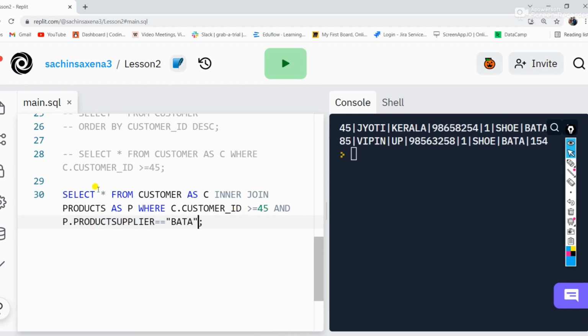So in this query I have used many things, like the alias name of the first table, the alias name of the second table, the customer ID which is greater than or equal to 45, and the customer Bata. Okay, so it's showing the customer